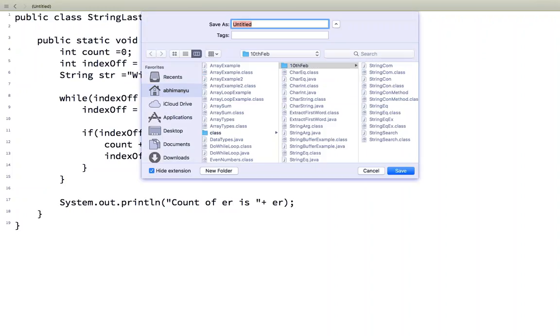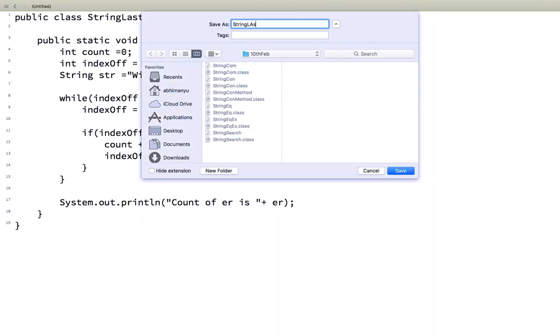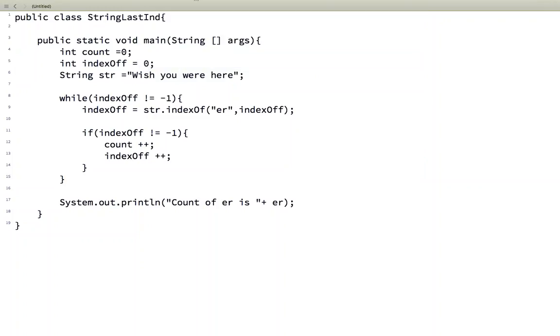What will this program basically do? It will find how many times a word pattern is occurring in a given word. What is this program for? Number of times a word pattern occurs in the given word. So if we look here,